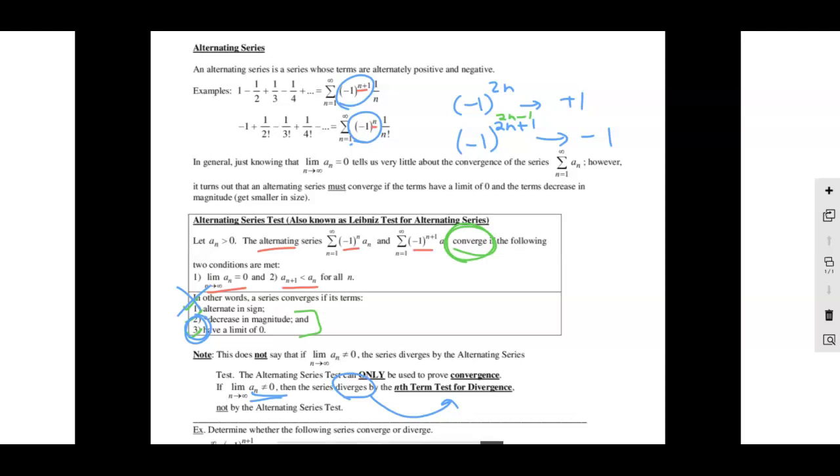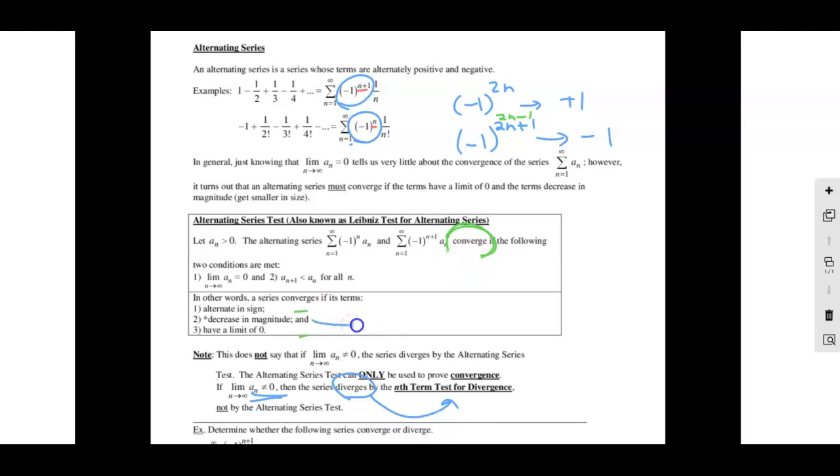But if we do get that all 3 of those conditions are met, so the terms alternate in sign, which usually you just have to look at the series and ask, hey, do I have that -1 to the exponent, and is it actually going to alternate? Or sometimes we have some sneakier alternating things, and we'll see an example of that in a little bit. But if they alternate in sign, and if they decrease in magnitude, and specifically if they decrease in magnitude where the limit is 0, if I get check, check, check for those 3 conditions, then I know,